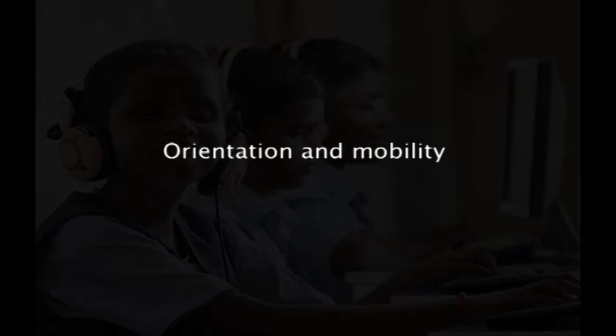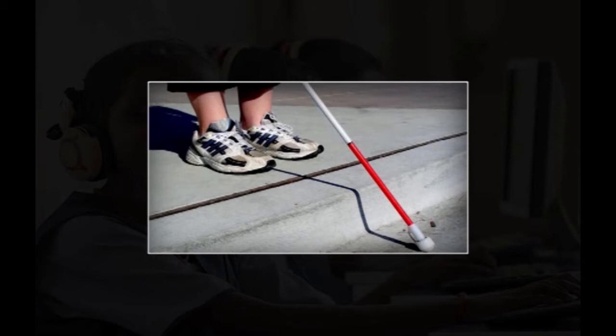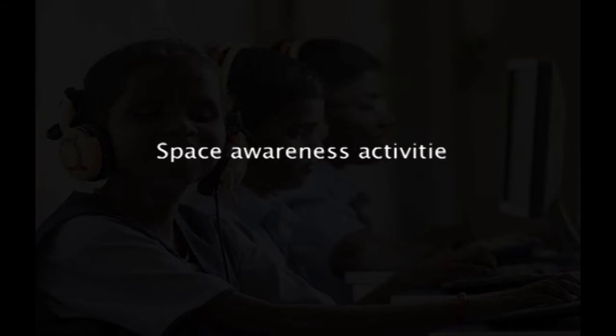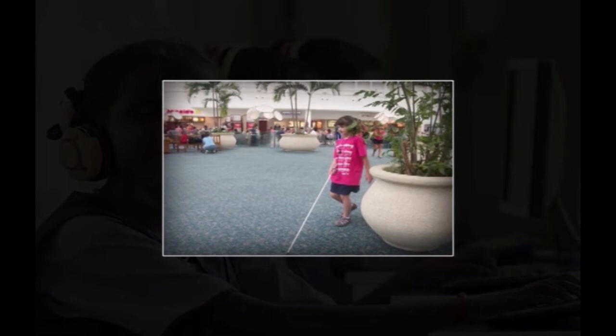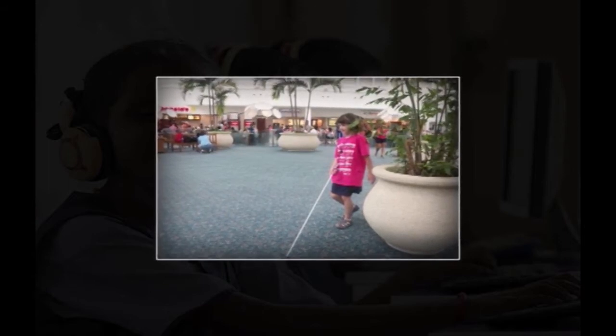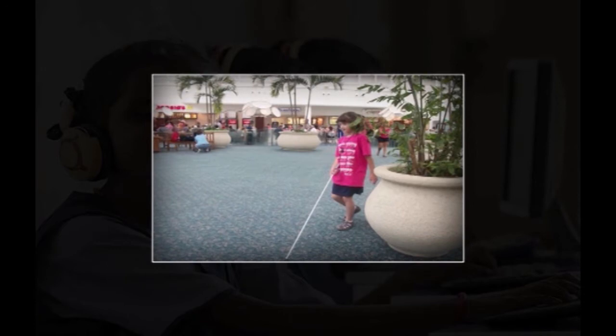Orientation and mobility. The orientation and mobility training should be provided so that the children will know how to move with a white cane and use the trailing techniques as well as the touch and protection technique, effective use of the landmarks including the sound and echo cues, and guiding techniques like a human guide as well as the techniques for free movement in space. Then the space awareness activities. These activities enable the children with visual impairment to move about in a space in order to feel confident and in control of their own bodies and their own movements.